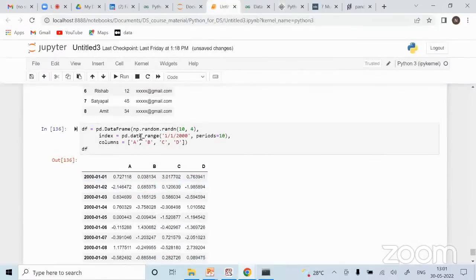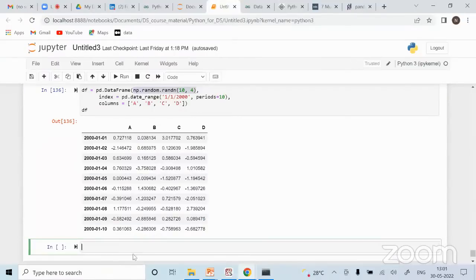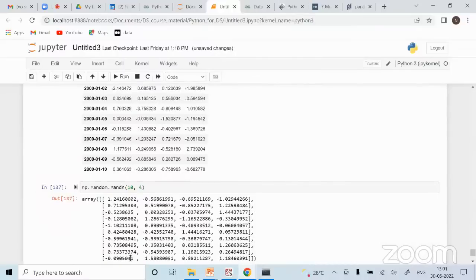As you can see, what I did first, I created random numbers. We already learned this within the NumPy library. In NumPy you can generate these random numbers, starting from 10, and then there is an interval of 4, I guess. If something is not clear, you can simply print it like this.